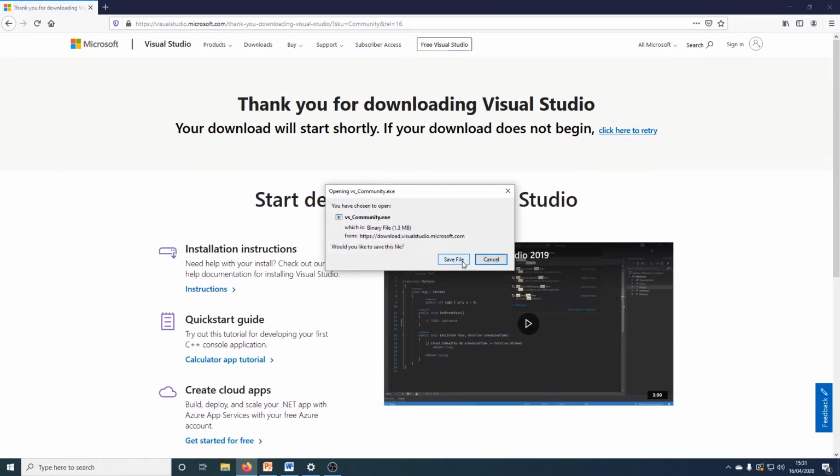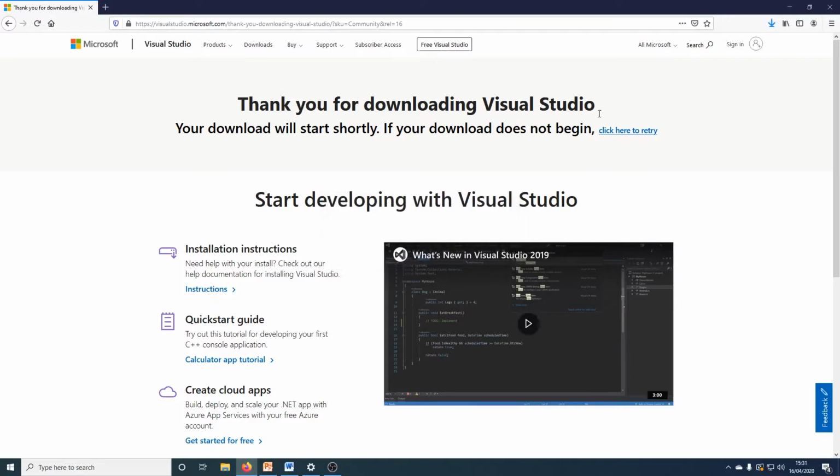Yeah, oh, there we go. I was wondering why I hadn't started. So if I click save file, it's just going to download, and I can just go and install it from there. Now you're going to get a thing called Visual Studio Installer, which